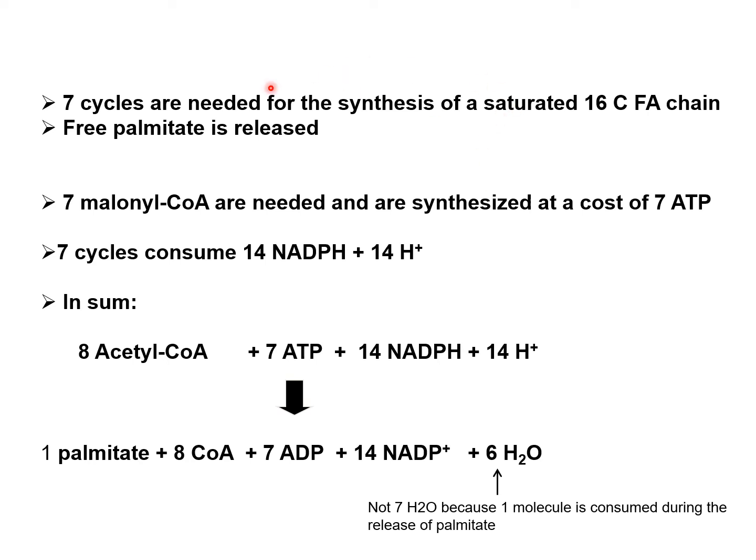So overall, in sum, we need 7 cycles for the synthesis of a saturated 16-carbon fatty acid chain, and to release a free palmitate. 7 malonyl-CoA are needed, and these need to be synthesized by ACC at the cost of 7 ATP. So that makes our 14 carbons, and we also need 1 free acetyl-CoA, which is not transformed to malonyl-CoA. So there are 7 cycles that consume 14 NADPH, and in sum, altogether, we need 8 acetyl-CoA, so 1 acetyl and 7 of them that are transformed into malonyl-CoA, 7 ATP, 14 NADPH, to generate 1 16-carbon palmitate